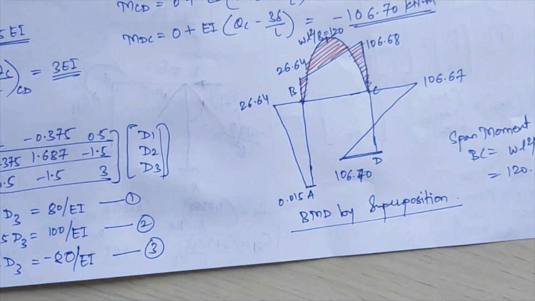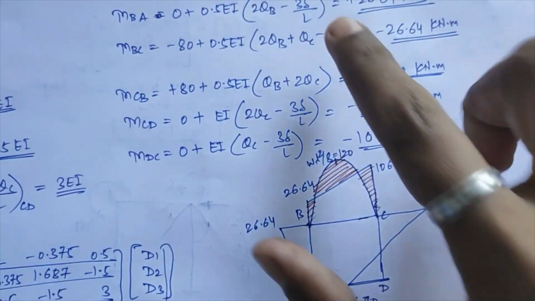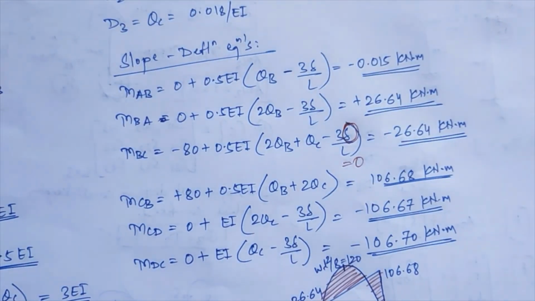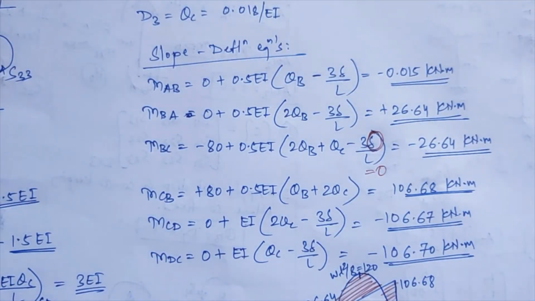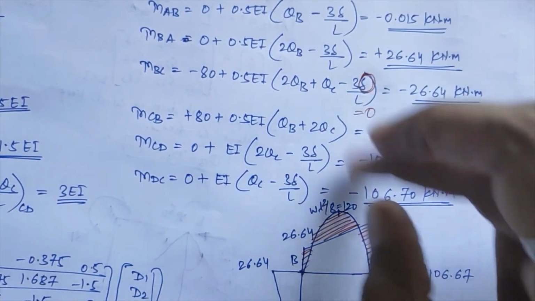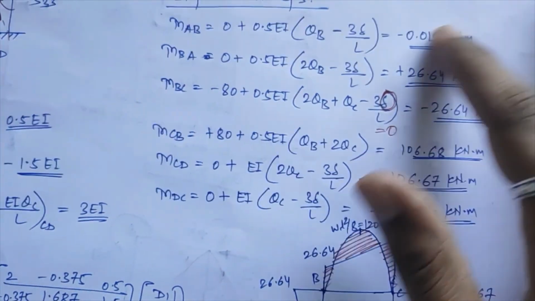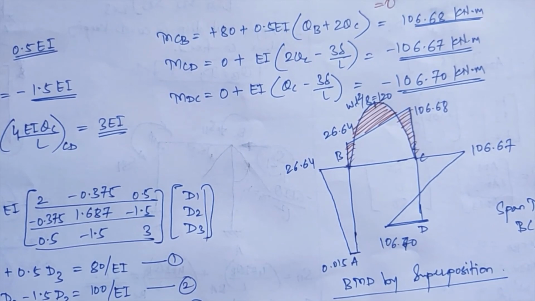So this was the numerical on the sway frames, in which we saw how your frame varies and how you have to use those 3 notes which I have given you, very effectively. This numerical is also easy, you just have to see the concepts we are following very properly. And the last thing is that you have to consider the delta in your slope deflection equation. Most probably, delta is not considered while calculating the slope deflection equations, and these values go wrong. Your whole numerical comes out correct, but these values go wrong, and your bending moment also goes wrong. So you have to take care of these things.